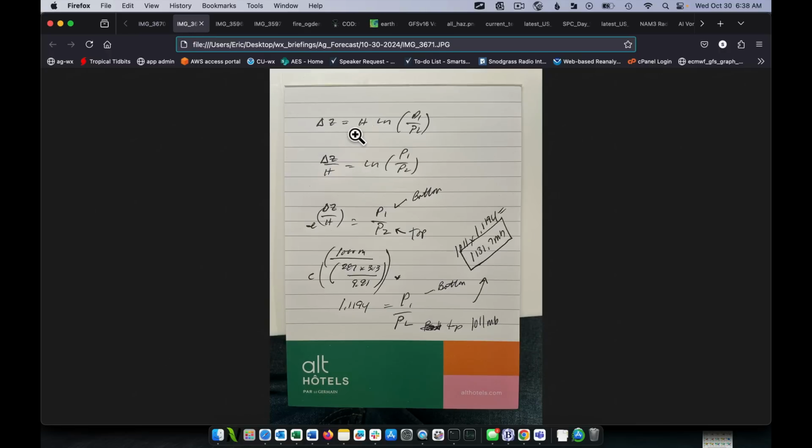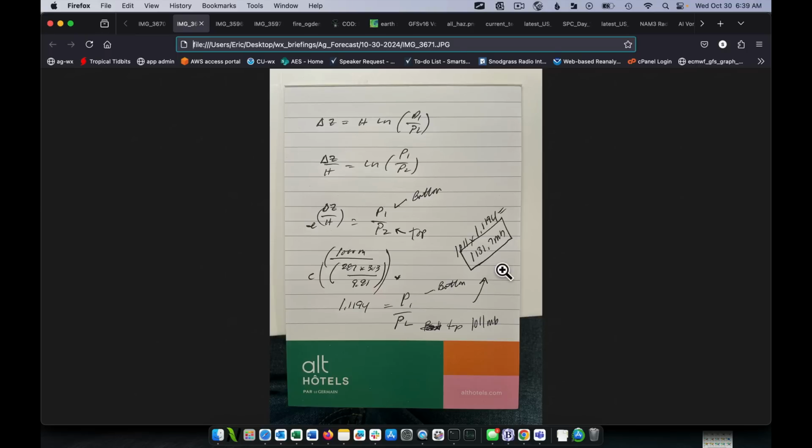First of all, I substituted all of the constants for the value of H, moved it around, got rid of the natural log, and then plugged in my numbers. My handwriting's terrible, I apologize for that, but this is just what happens after 25 years of doing math all the time. Anyways, when you plug all the values in, what you end up getting is an estimate that 1 kilometer down, I would experience a pressure of 1,131.7 millibars. Now, what does that mean to the average person? That's a pretty sizable increase in pressure. Just as a general reference, average sea level pressure across the planet is about 1,013 millibars.